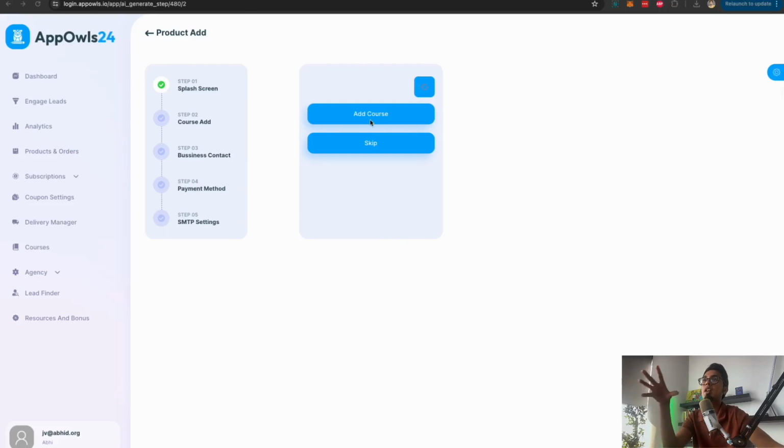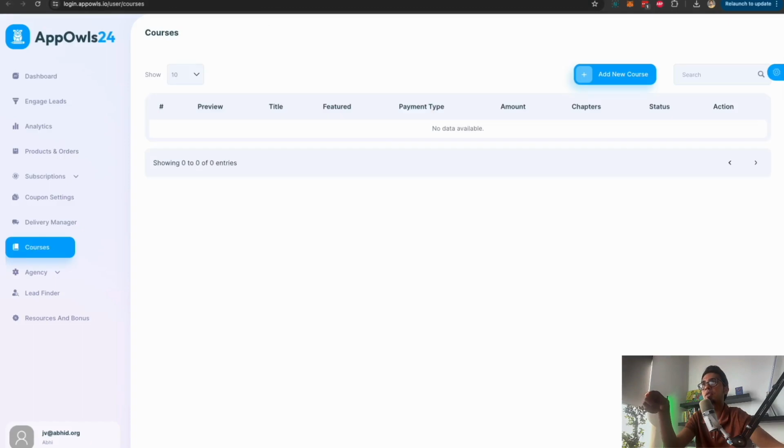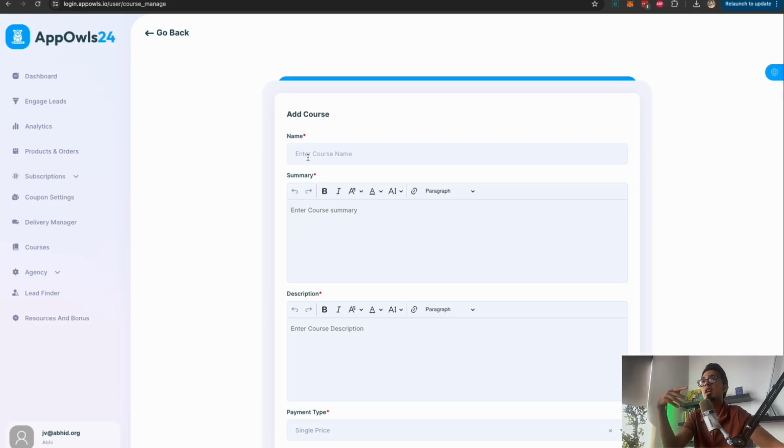Now I'm going to be asked to add a course. Now if I click on add a course, since there's no course here right now, I can refresh it. I haven't really created a course. So if I click on add a course, I go here and it says blank add a course, just like we added a booking and we added a subscription. I can give my course a name, AI graphics course, summary. I can type in a summary description. I can give it a price,